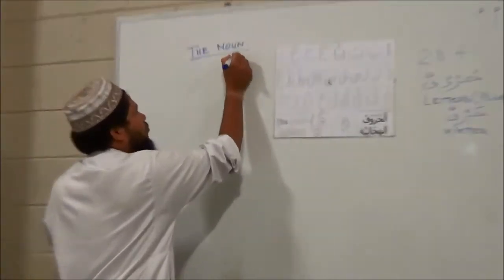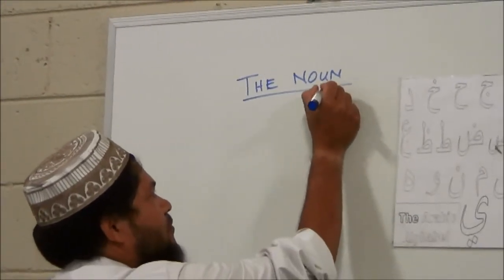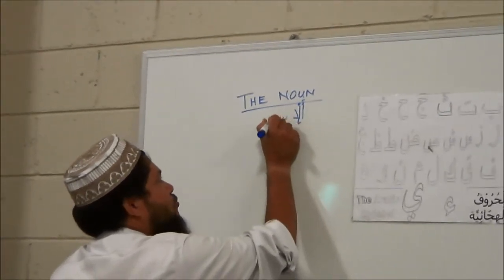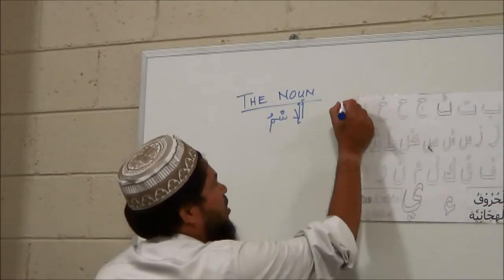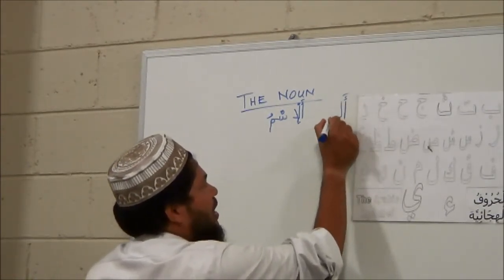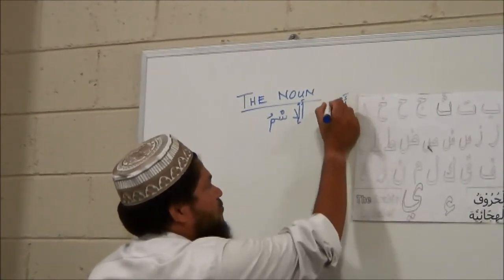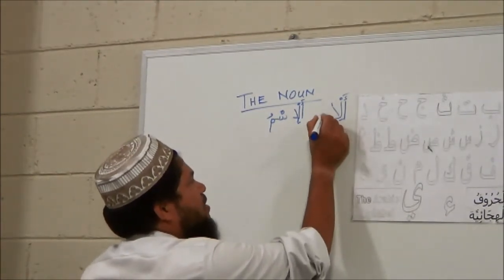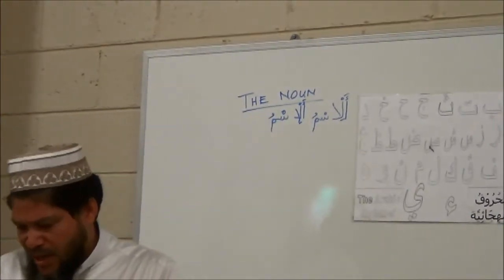We get the noun, or in Arabic, al-ismu. Let's just make this correctly for you. This part here is an alif, right? A lam with a sukoon on, an alif here, a sin, and a mim. Al-ismu, or the noun. In Arabic,